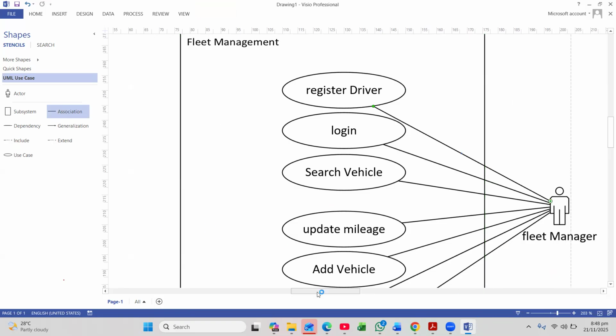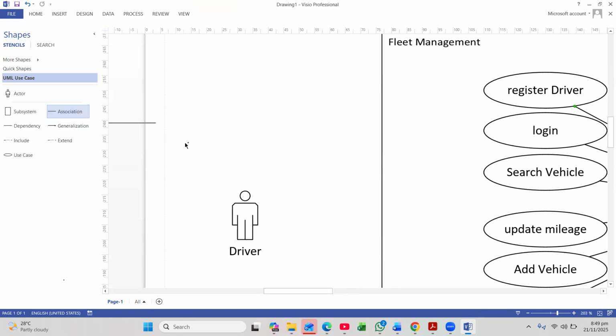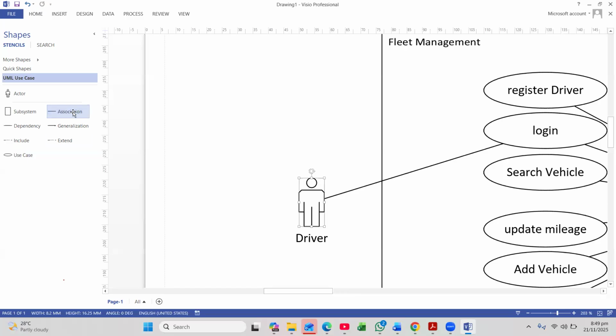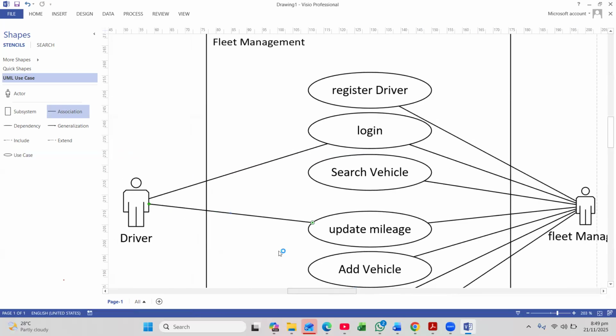We can also say over here, Mr. Driver can also register or log in so he can come here. We can also say Mr. Driver can go and update the mileage of the car. So he can go and update the mileage of the car. We can also say that in updating the mileage of the car, there should be an included relationship for you to be able to also go and